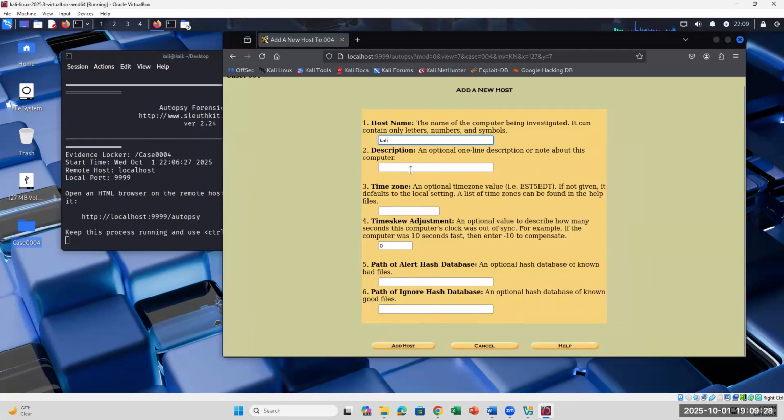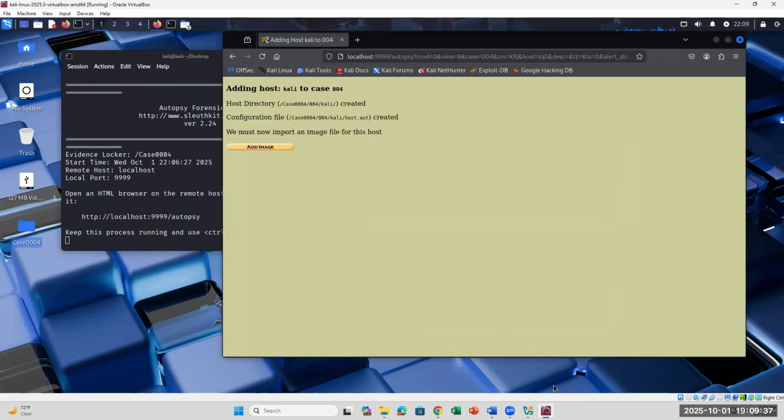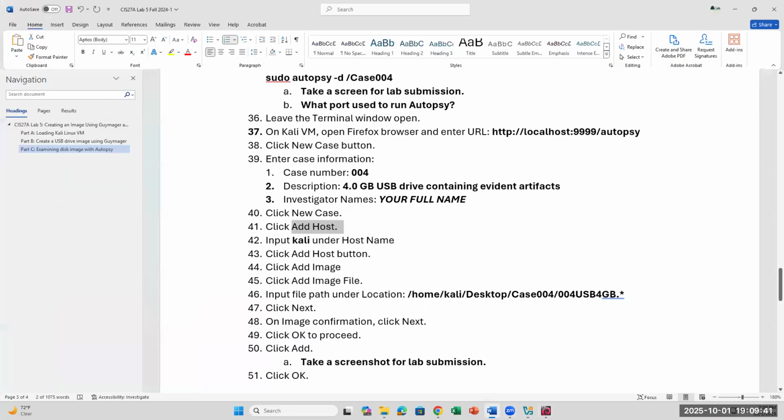And then you can put in time zone if you want, like UTC or additional description. I'm going to just click add host. And then we're going to bring the image in next. So all forensic toolkit, you just need to make sure you type in the information and then you're going to